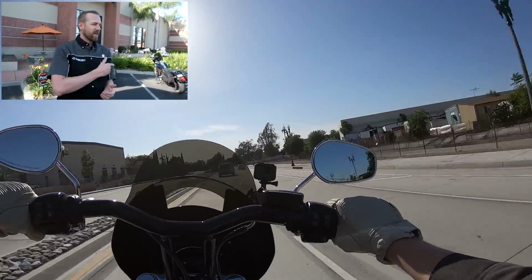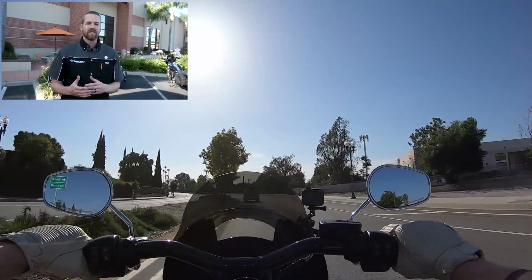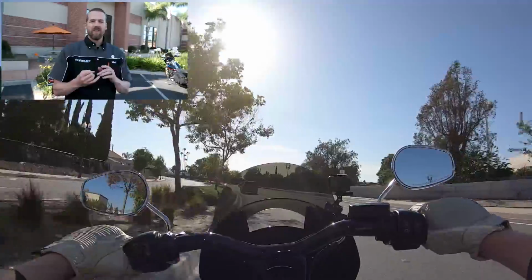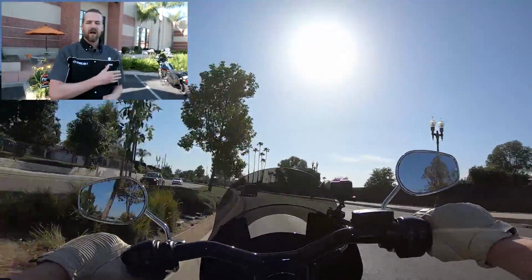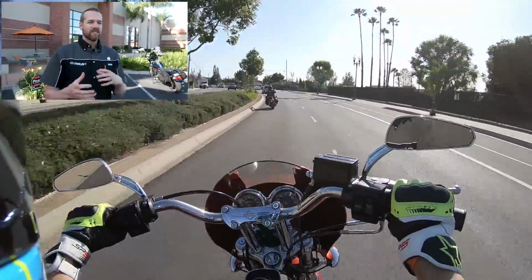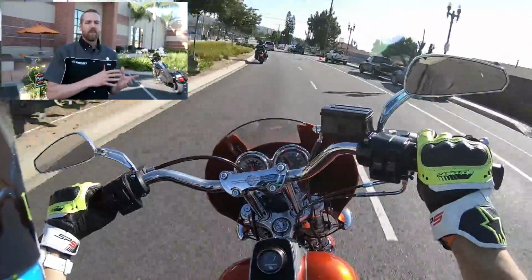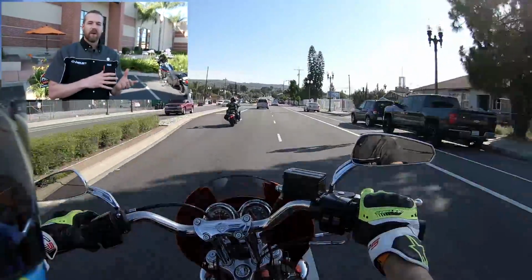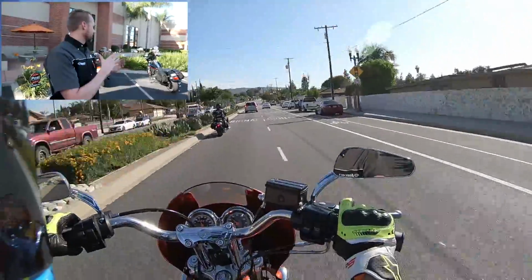The FXR, like Nick mentioned, has a lot of upgrades to it, but even with those upgrades, things like the braking are still quite a bit better on the Lowrider. The engine, obviously, you've got a lot bigger displacement with the Milwaukee-Eight as well, but it's just interesting to see how they compare to one another. You definitely have more of a refined modern bike with the Lowrider, but it's cool to see where some of this